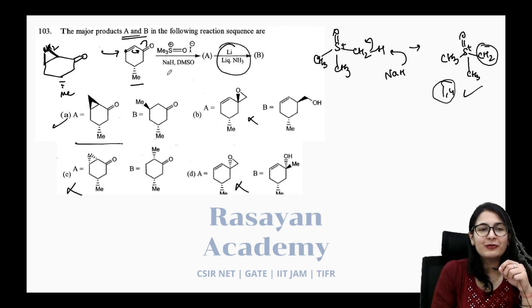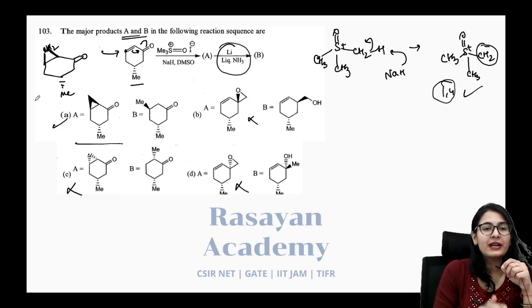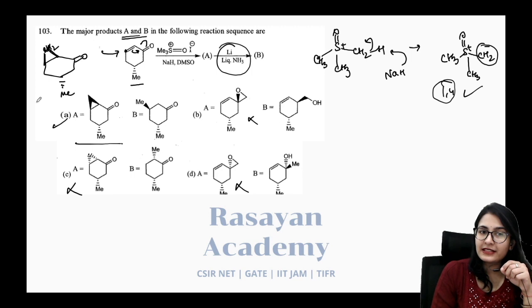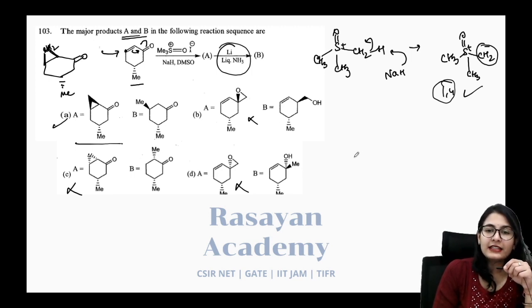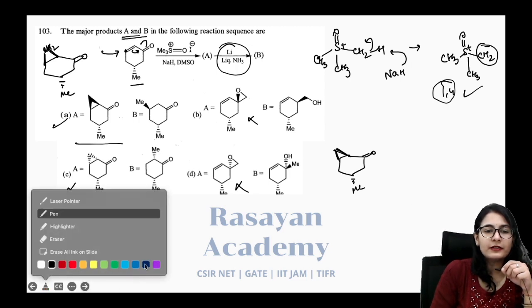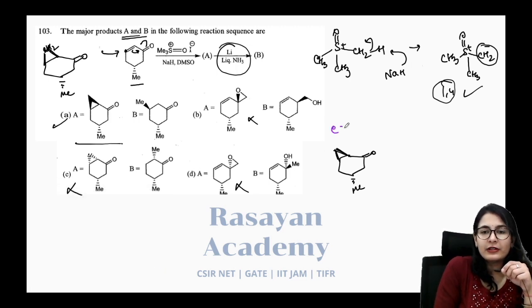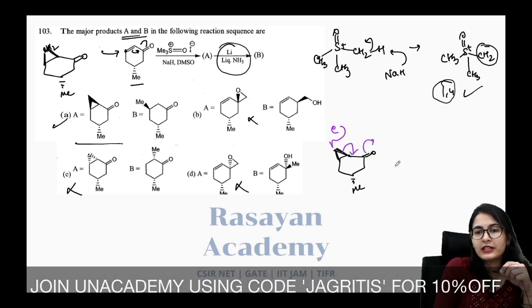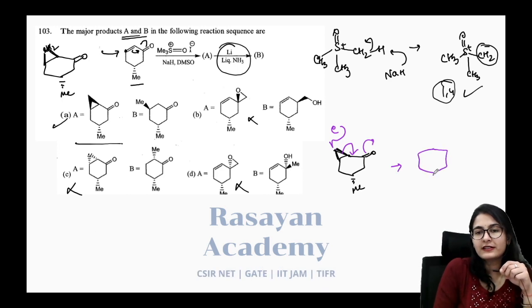That is lithium in liquid ammonia, which is Birch reduction type. So when you are having this molecule, okay, it is not alpha beta unsaturated carbonyl. But even if you want to do Birch reduction or reduction of this system, how is the electron going to be transferred? Let's see this. Okay, so the electron will be transferred onto this carbon so that the bond opens up from here and give you the alpha beta unsaturated system, or let's say the enolate anion, like, yes, you get the methyl radical and then you get the,